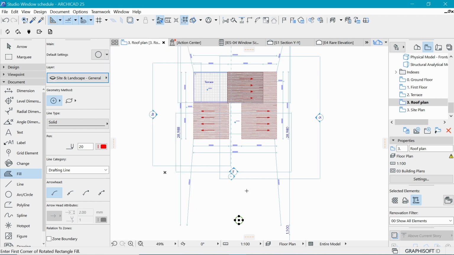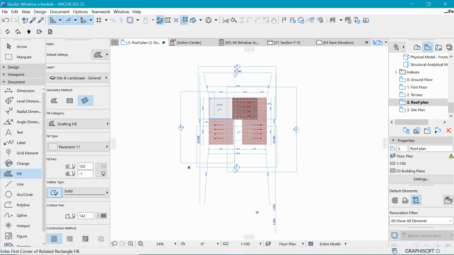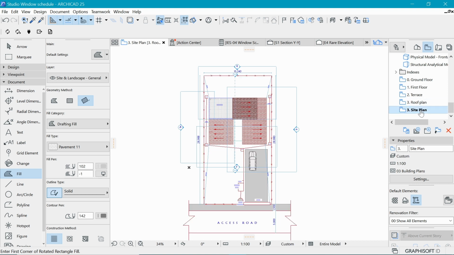So essentially this is what you want to do. You want to assign these things on a layer which you're hiding from the floor plan, but then it is being shown on the site plan. So you can see if I double click here on the site plan, all those elements are back. If I click here on the